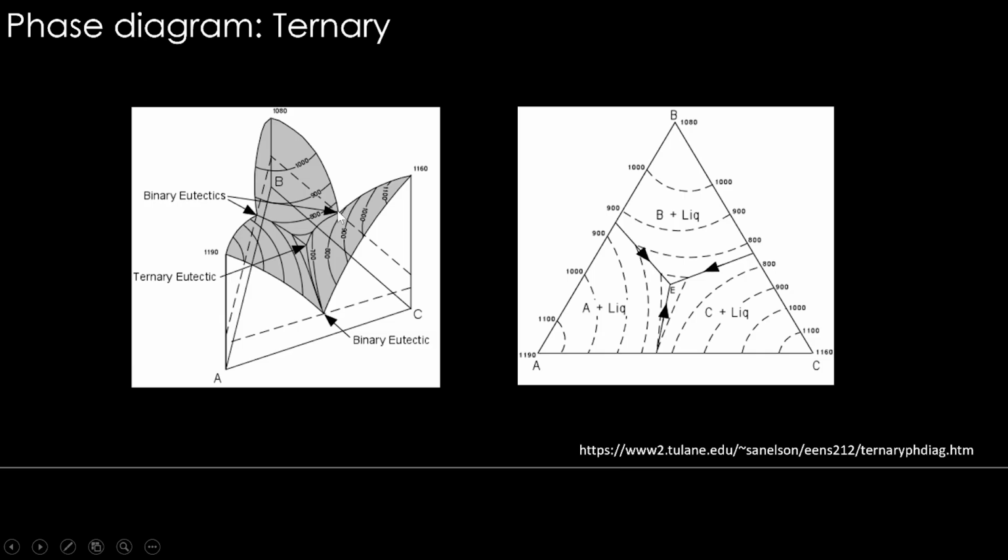They all go into the ternary like this, and they meet at a point which is called the ternary eutectic. So this is how all three sides eutectic will work, and when it is projected into the triangle below, this is how you see all these contour lines, temperatures are marked nicely here. You can see the region which is C plus liquid is here, and A plus liquid is here, and B plus liquid is here, this entire region.